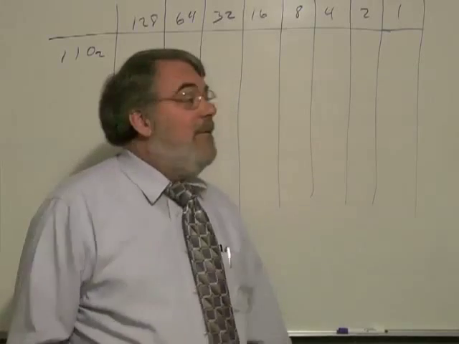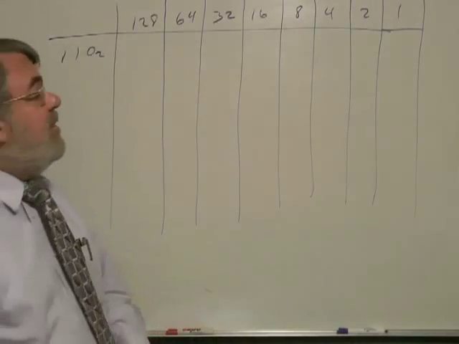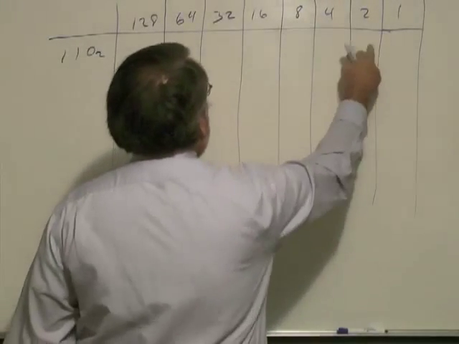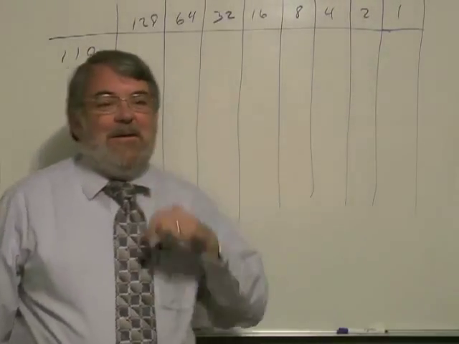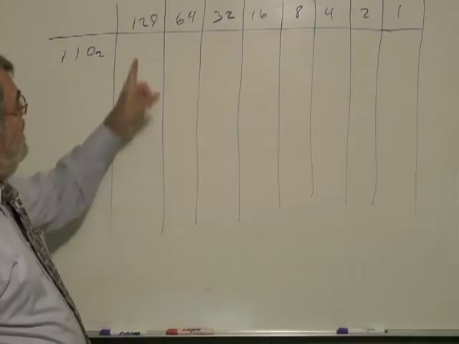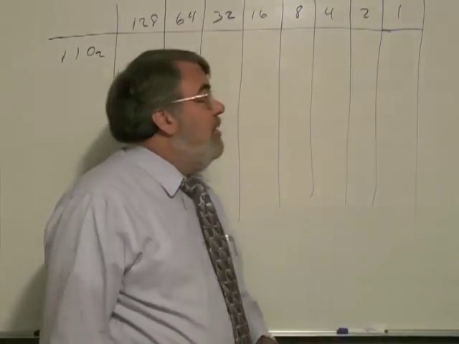I created a chart for 8-digit numbers. Is that right? 1, 2, 3, 4, 5, 6, 7, 8. 8-digit number. And the heading up here are powers of 2. So this is 2 to the